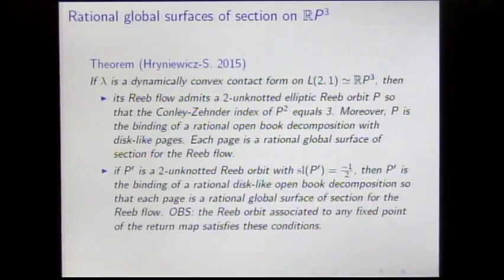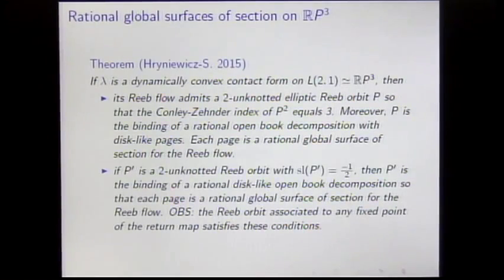Then it admits these two unknotted periodic orbits, so that when you iterate it twice, its Conley-Zehnder index is equal to 3, and it's the binding of that rational open book decomposition with disk-like pages. Each page is a global surface of section for the flow. Okay, so there is this extra word here, which we gain,